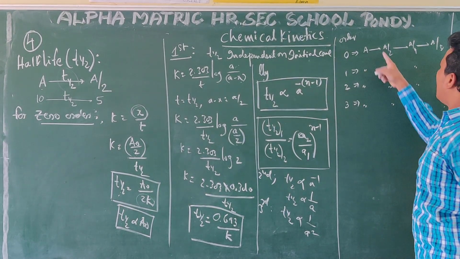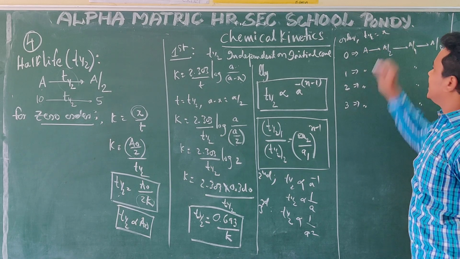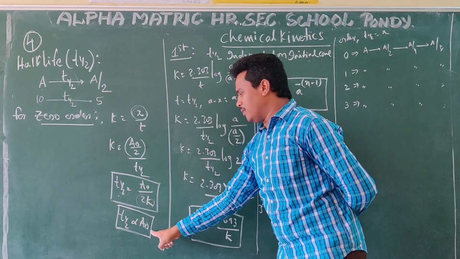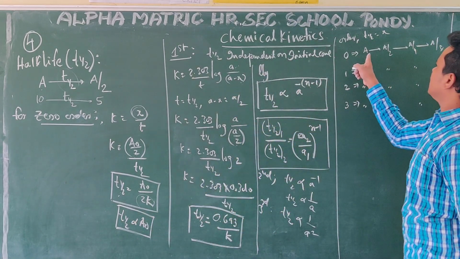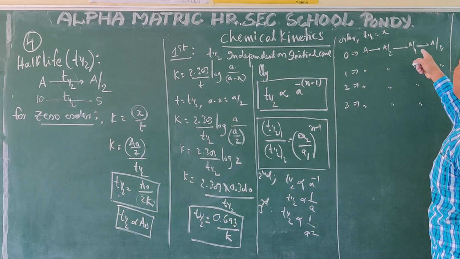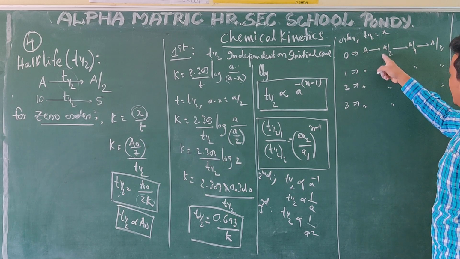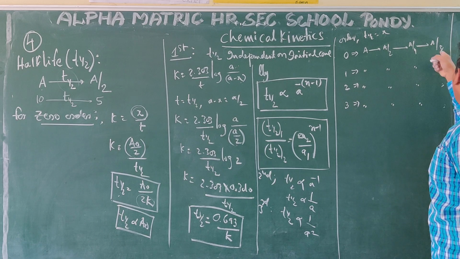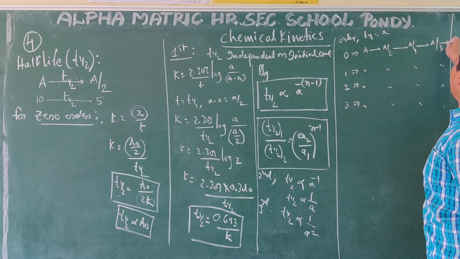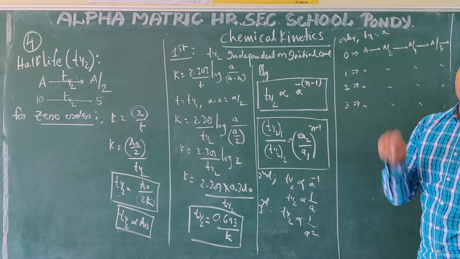So it is common; only the half life is going to change. For example, this half life becomes x. Based on that, T half is directly proportional to initial concentration. Initial concentration A, now A by 2, then A by 4, then A by 8. Here to here, it is initial concentration. As the initial concentration keeps decreasing, the half life also decreases.